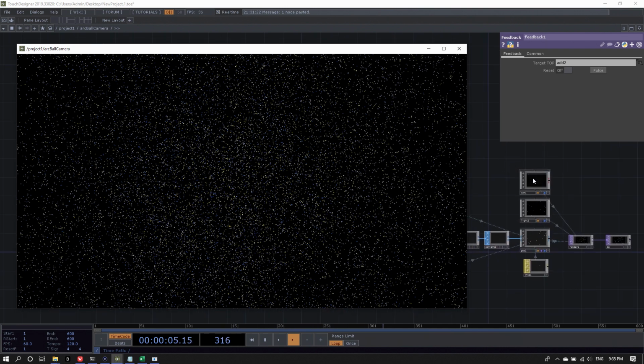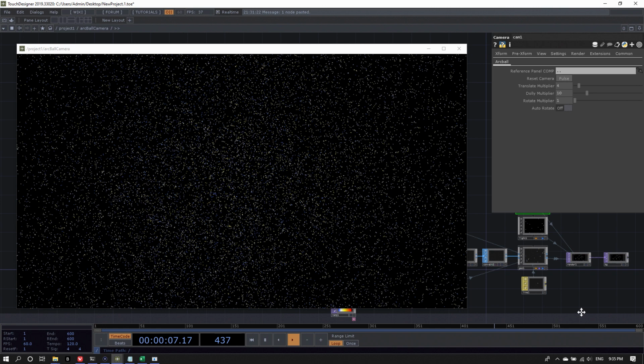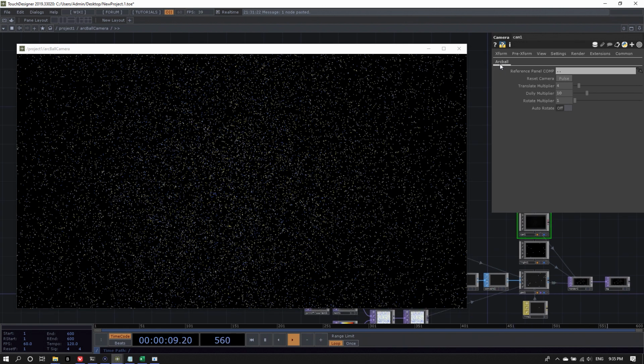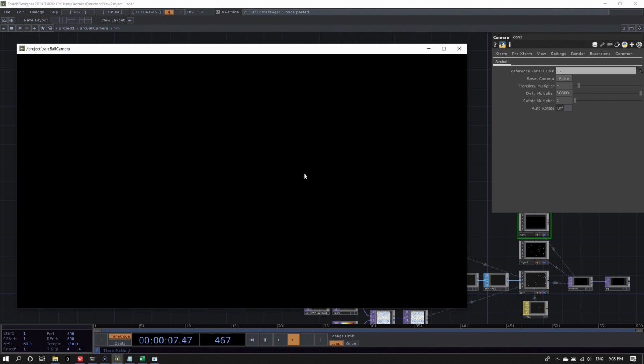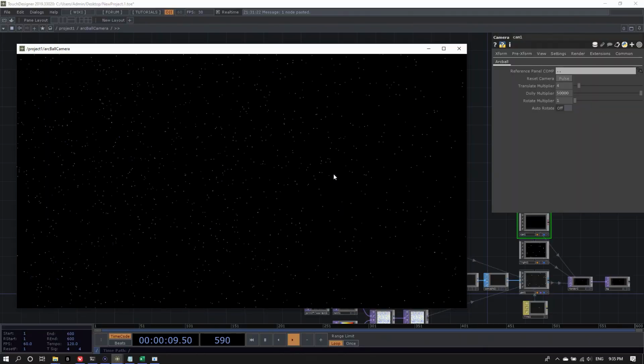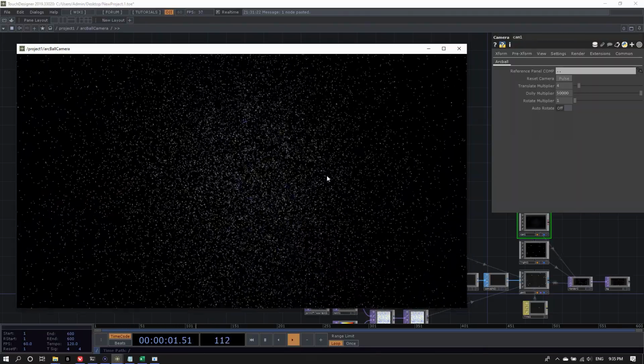So what we can do with the ArcBall camera, click on it and have a look at the ArcBall custom parameter page here. You have a translate multiplier, a dolly multiplier, and a rotate multiplier. And the dolly multiplier perhaps is what we're interested in. Let's change this to, and I tried this out before, 50,000. It's quite high. But this way we basically can quickly look outside the universe.